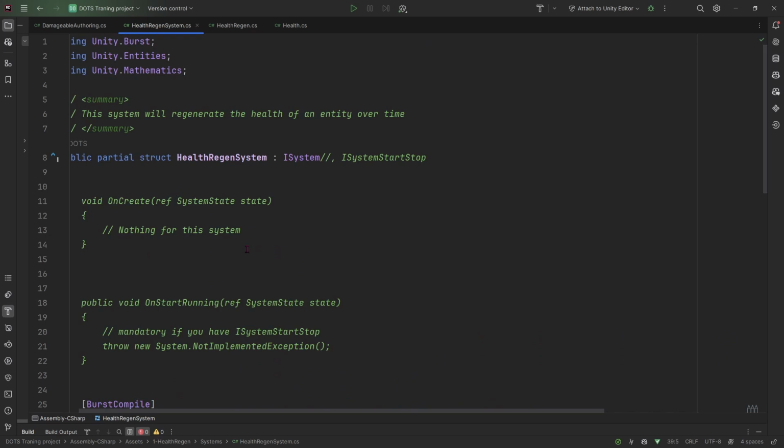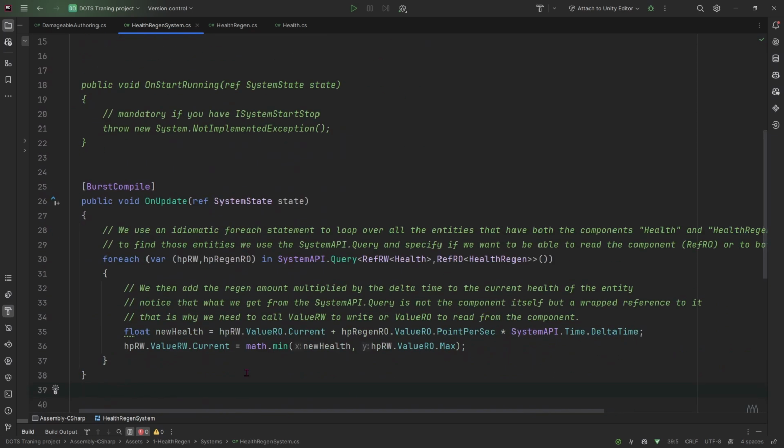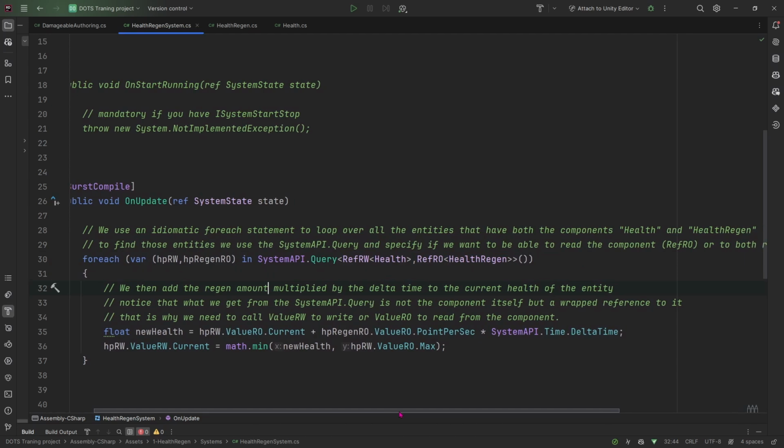And for the Else regeneration system, what I wanted to do is to find all the entities that have Else and Else Regen components, you can see here, and increase the Else of the entity based on the value of the Else Regen. So here, if I want to explain the syntax, as you can see, it's a foreach, so it's a loop. It will loop through what? It will loop through every entity that matches this query.